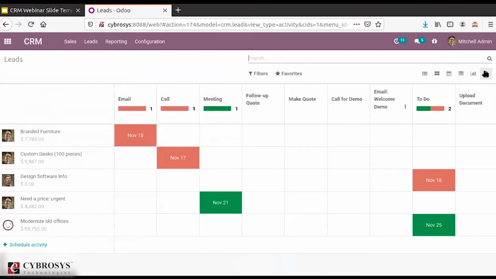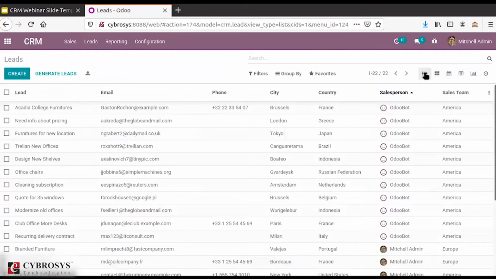So from this view itself, you have a wide variety of views. Over here you can also see the option to create a lead, and what you see here is an already created lead.